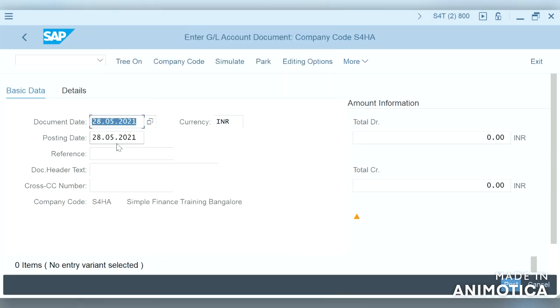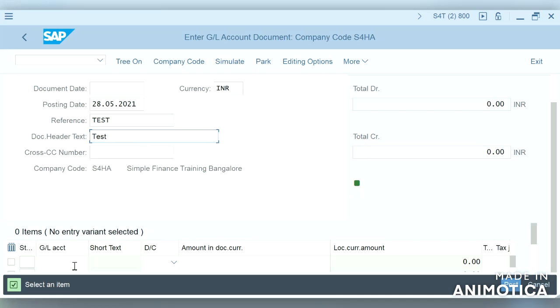F4, F2 and test, and let us create an expense paid transaction.